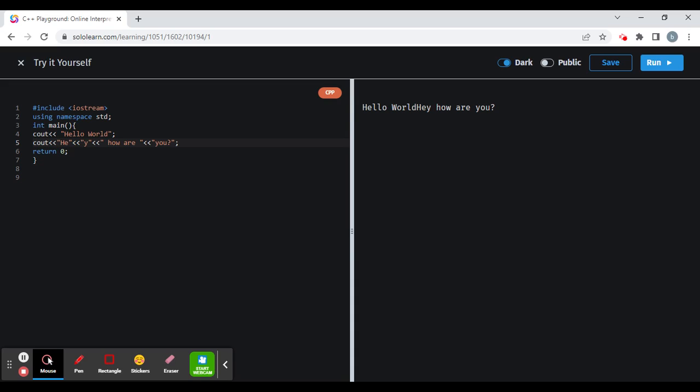So even though I don't put a space here, it recognizes the space here, so that puts a space between the E and the Y. I just wanted to show that. I hope that's understandable, but please leave a comment if anything was confusing there.